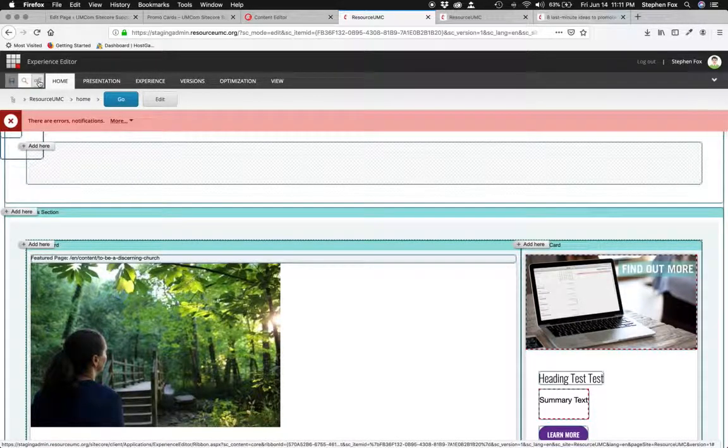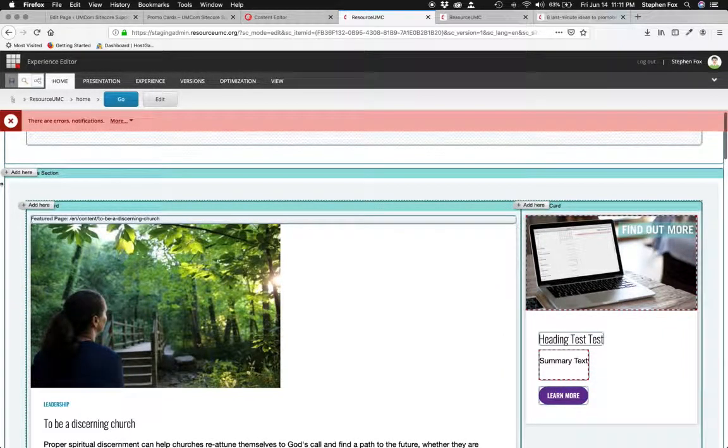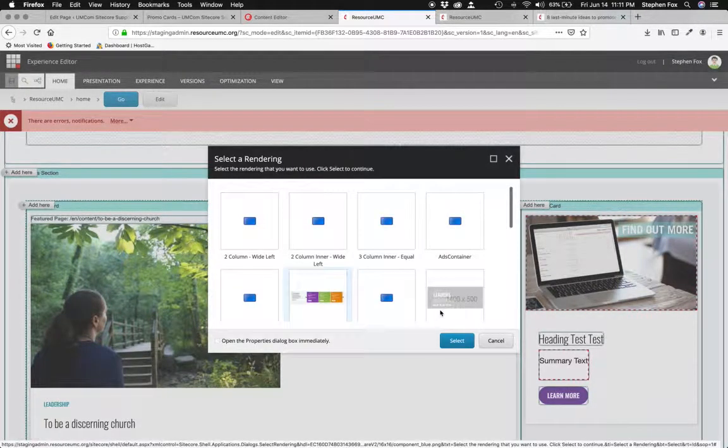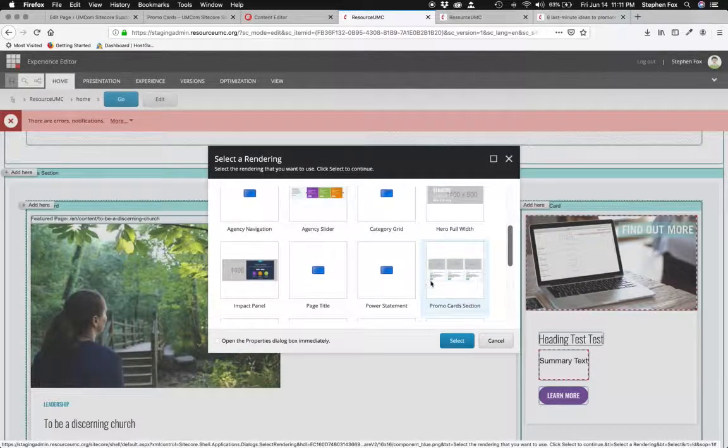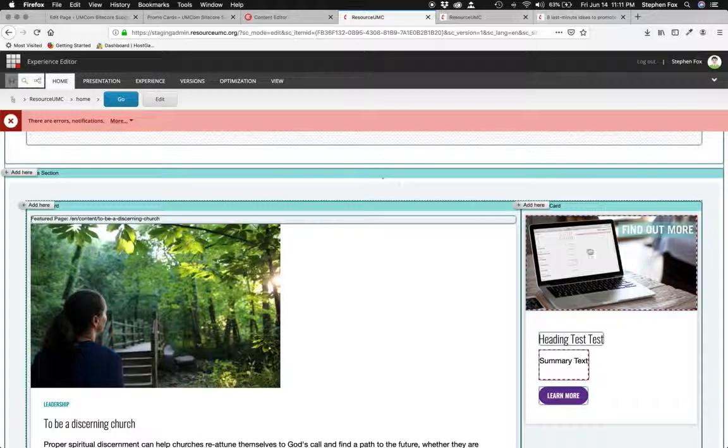Okay, so we're going to click Add Here, and that'll bring up an Add Here button between every existing component. So to create a promo card section, we're going to click Add Here wherever we want to place that. And remember, this is a section as opposed to a specific component. And then from the resulting dialog, we're going to select a promo card section to wrap these promo cards with. I've already done that, and that's what this block surrounding these two components is. If we deselect that,